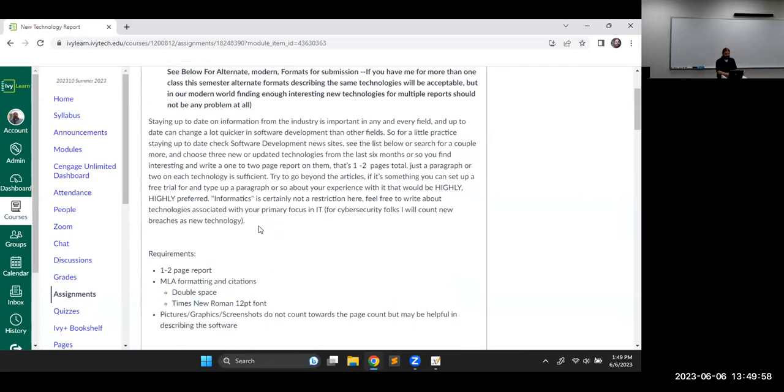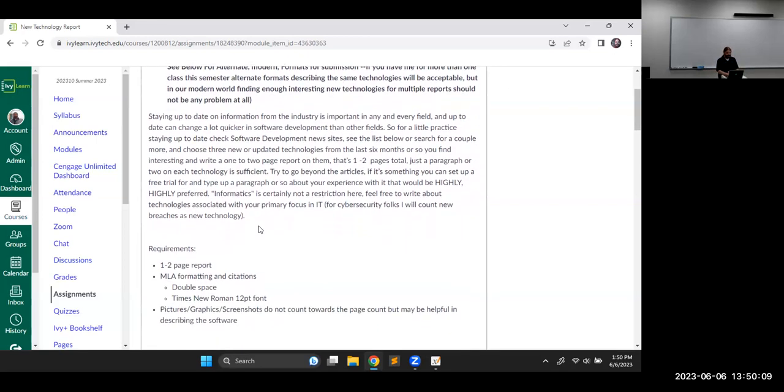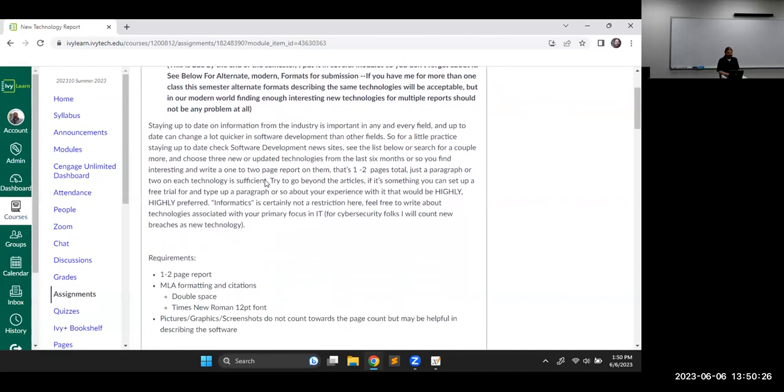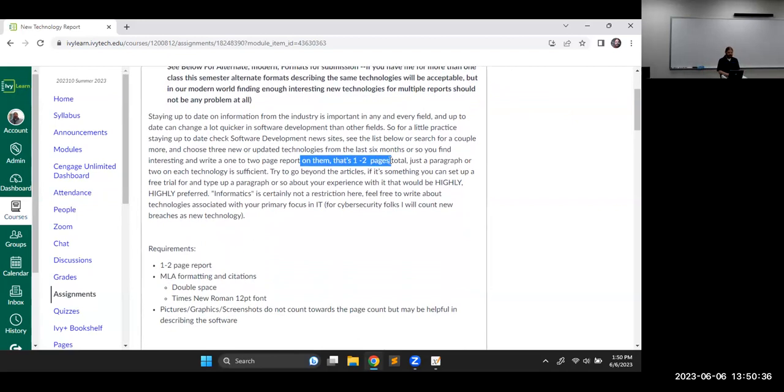I give this assignment in every class. Sorry, I had a lot of trouble with that sentence. I give this assignment in all the classes, so if you have me for more classes, you'll see it again. But it's just a quick report, so you don't necessarily need to come up with a thesis that you're trying to support with evidence and stuff. Just talking about some of the technologies out there. It's 1 to 2 pages in total. Find 3 new pieces of technology from the last 6 months and write a paragraph or 2 on each one. But